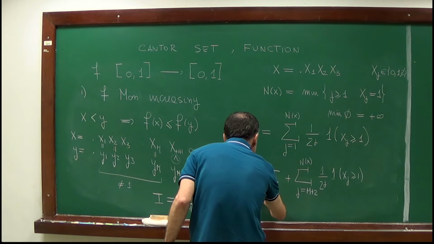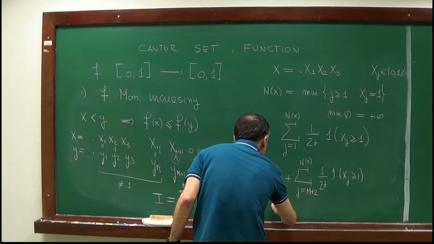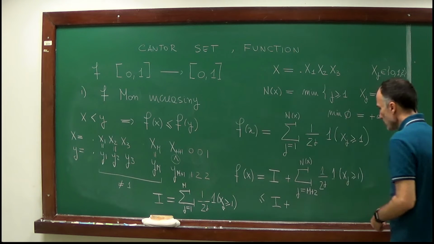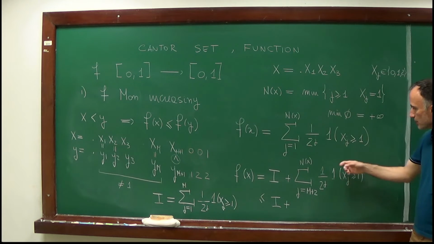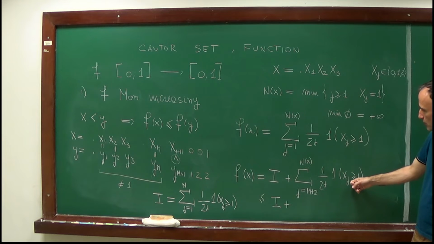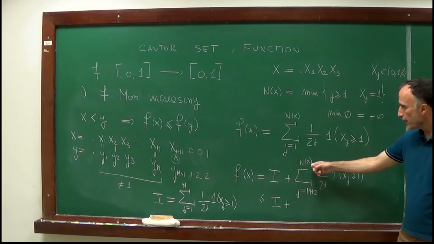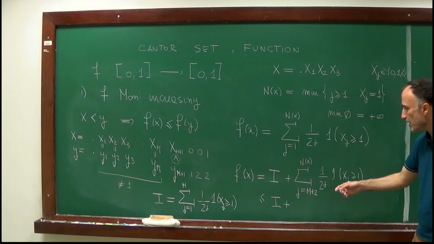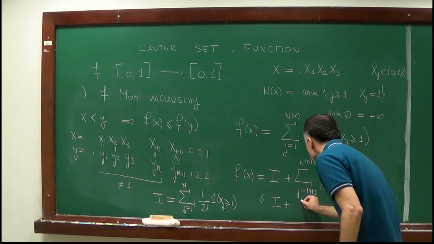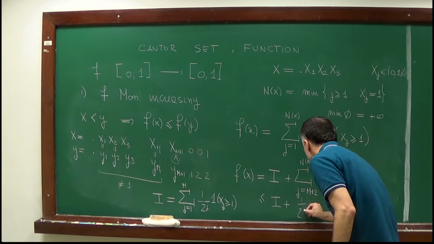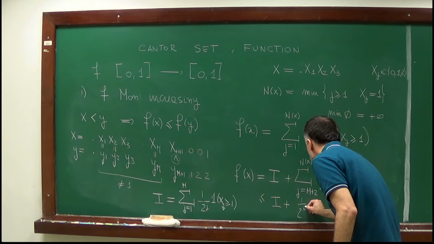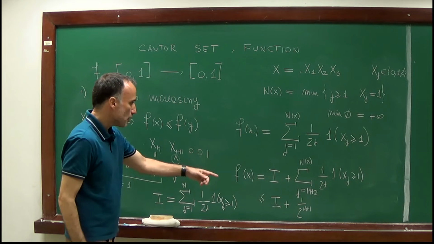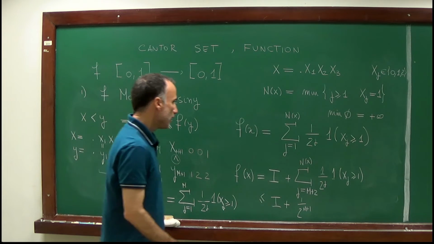Of course, this is bounded by I plus, well, in the best possible case, all these digits are larger than 1, and n of x is equal to plus infinity, so I have a sum starting from m plus 2, so this gives me a contribution 2 to the power m plus 1. So f of x is bounded by this quantity, and let's see